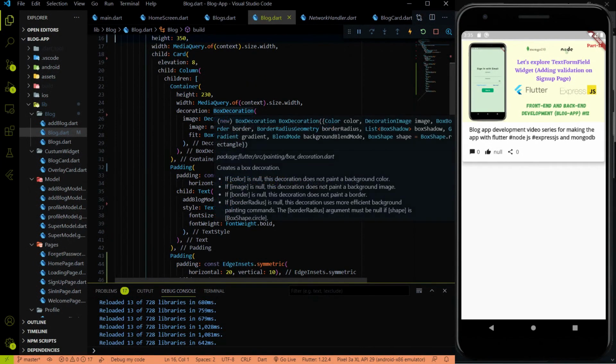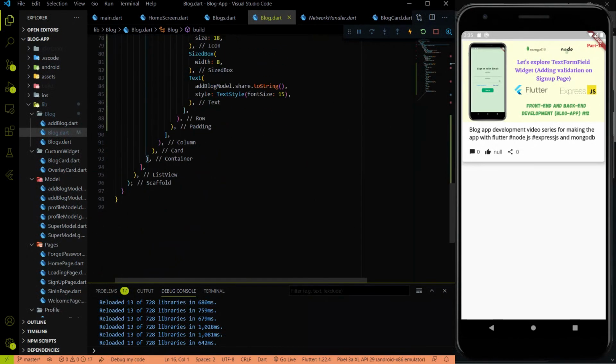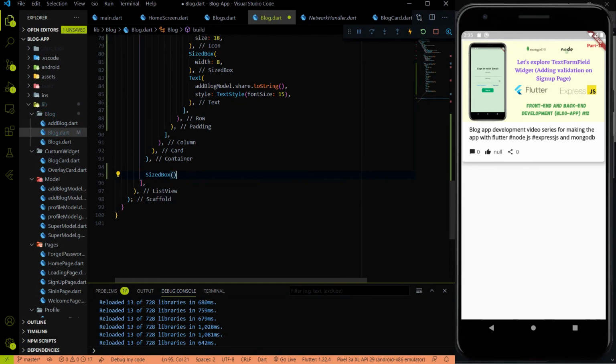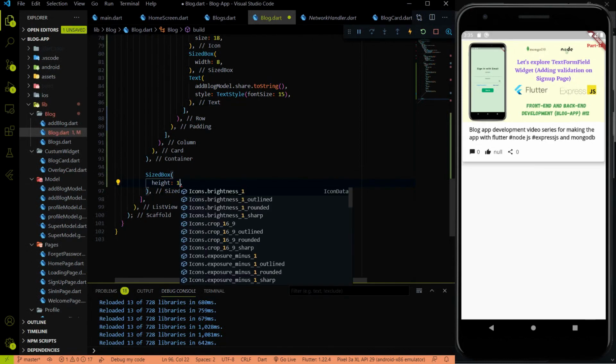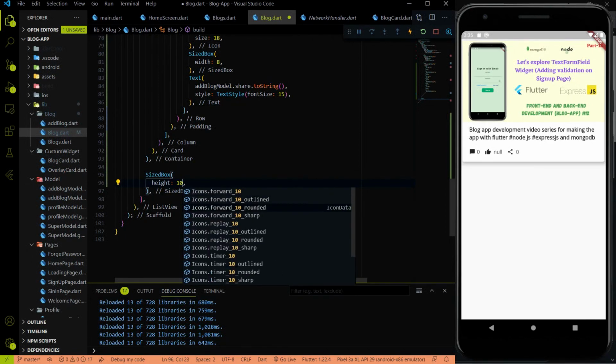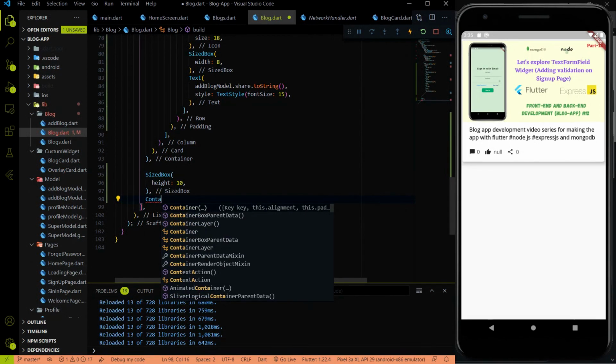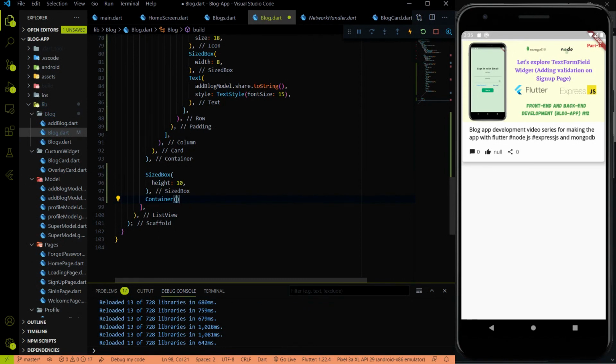So just after the first container, I'm going to add some padding with the help of the size box, and the size box will take the height parameter, and I'm going to give the padding of 10. And just after the size box, I will again initialize the container because I have to show the body on a card. And to use a card widget, first we have to wrap the card widget above the container widget. So the child will be the card,